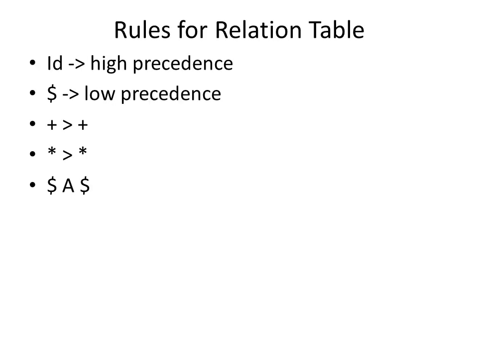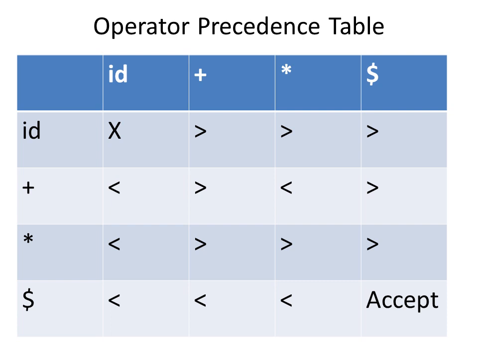In the precedence table we take the terminals, that is operators, and in the left hand side the same operators. When both the operators are equal, such as plus and plus, it will have the greater precedence. Now constructing the operator precedence table. On the top write the four operators, and in the left hand side also write the same four operators: ID, plus, multiplication, and dollar.